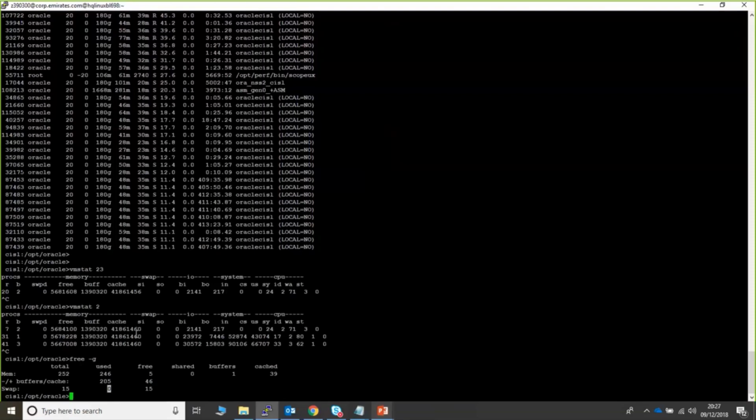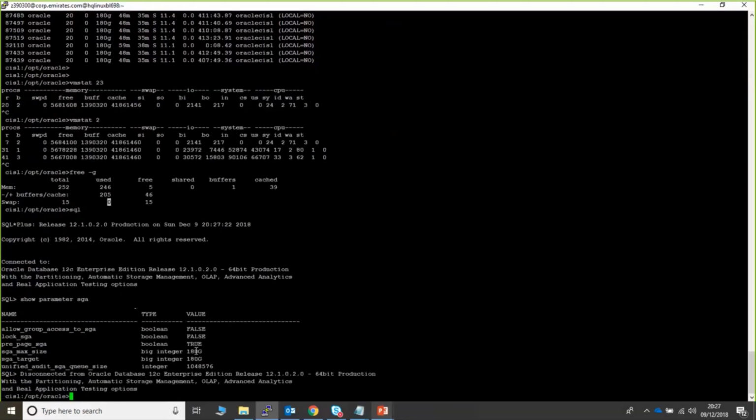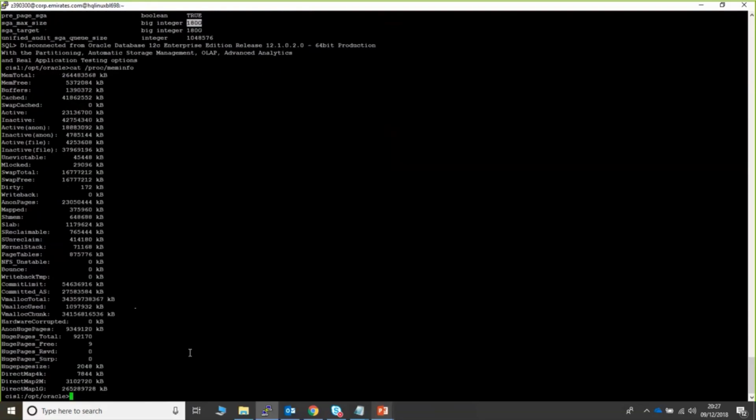This server has a database which is, I think, more than 5 terabytes, and the SGA size you will be able to see is 180 GB, and we have set the huge page. That's why we don't see swapping, because this server really had lots of performance issues, and after lots of analysis, the huge page was the culprit. Once we set that, the performance is now very stable. We didn't have any issues. So this is where you can monitor whether the huge page is set or not. If this is set, then the huge page is rightly set, and you are well to go ahead.